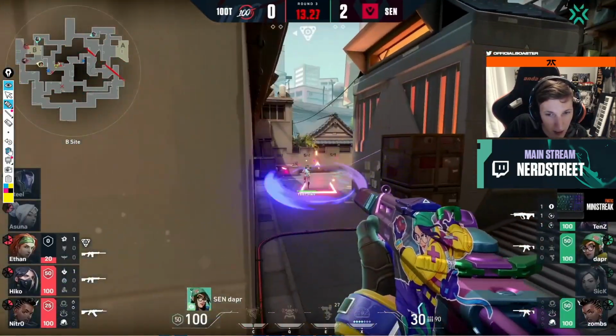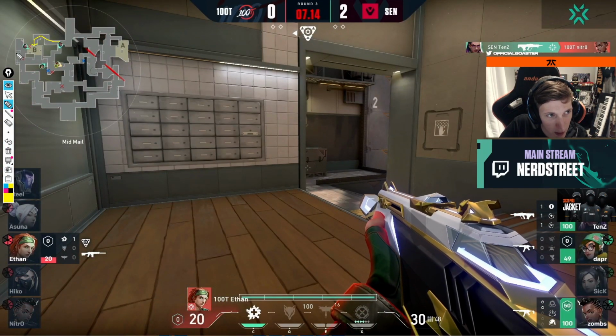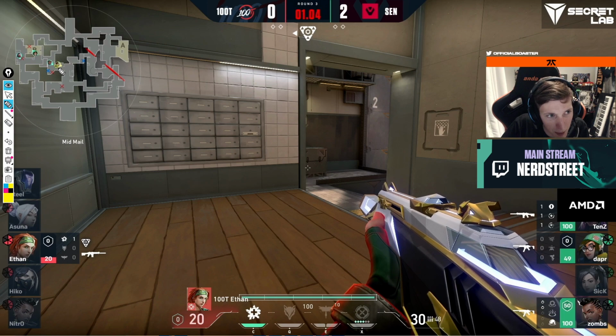The longer he stays alive, the more he owns it. Gets a nice kill off his alarm bot. Boom. Sentinel 10 comes in here. Gets the crossfire with him. Boom. Very turtle setup. I actually think Ethan's kind of screwed it up by not coming up to the B